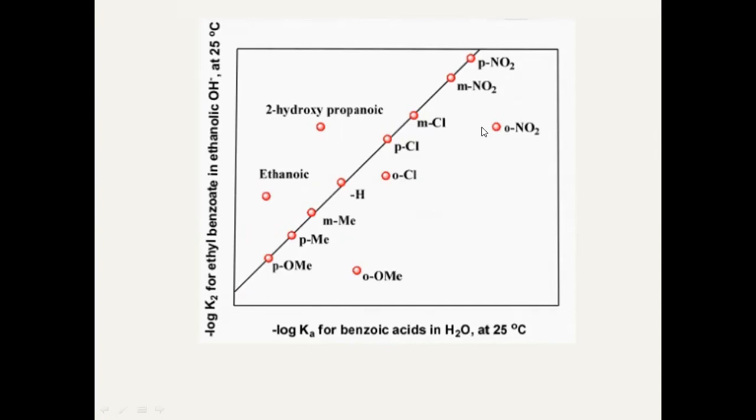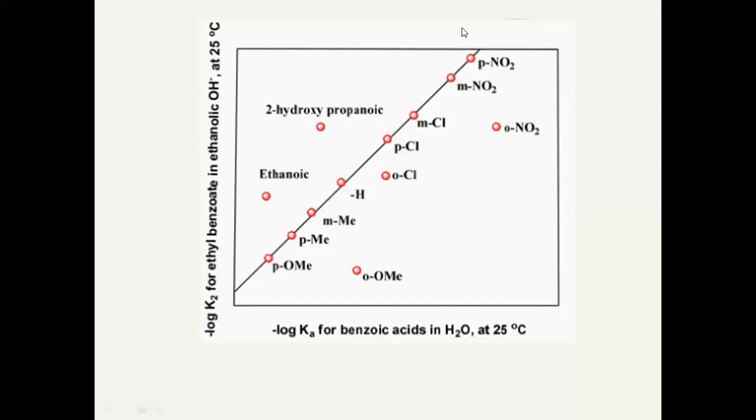Because of the ortho effect, any group which is present at the ortho position is not studied by Hammett. There is a drawback of Hammett. Hammett is the name of the scientist, okay? The drawback of Hammett is he did not study the ortho-nitro and he has given the reason that ortho positions are sterically hindered and therefore ortho substitution has no effect. But we should know ortho positions are highly effective.